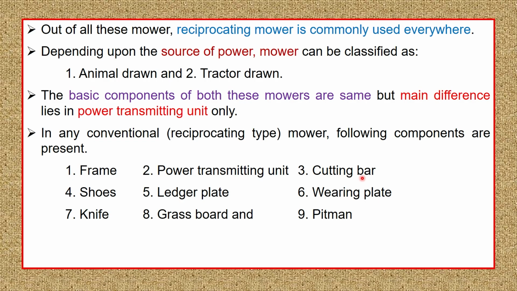So the cutter bar generally requires reciprocating motion, or energy in the form of reciprocating motion, whereas an animal drawn mower is able to generate power only in rotary motion. To convert from rotary motion to reciprocating motion, we use a pitman. The pitman here serves like the connecting rod in an IC engine, where the connecting rod converts the reciprocating motion of the piston into rotary motion of the crankshaft. Similarly here, the pitman is used to convert the rotary motion of the drive wheel into the reciprocating motion